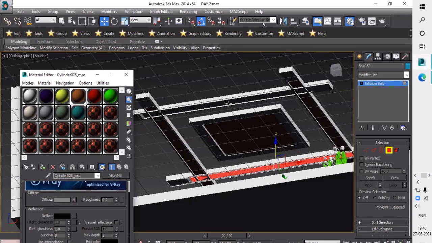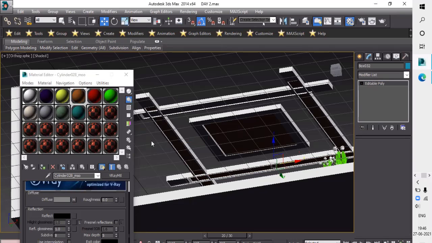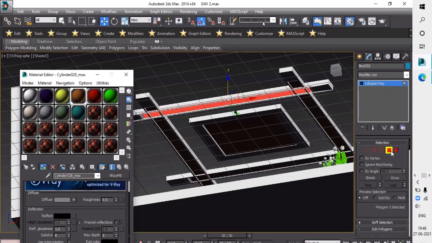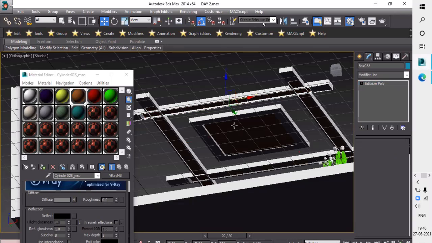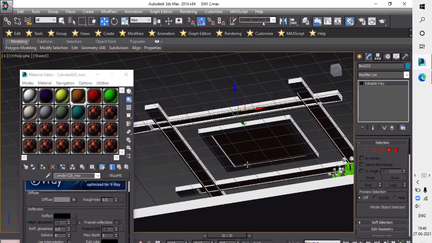Select another one, select polygon and apply the material. Now you can see the material has been applied.